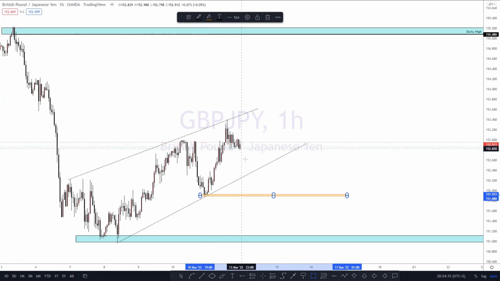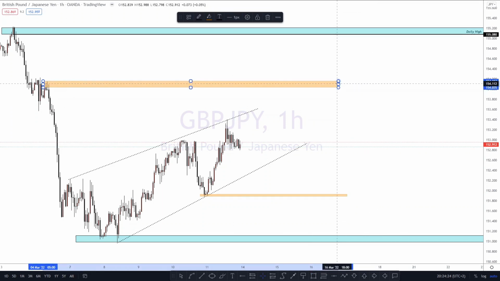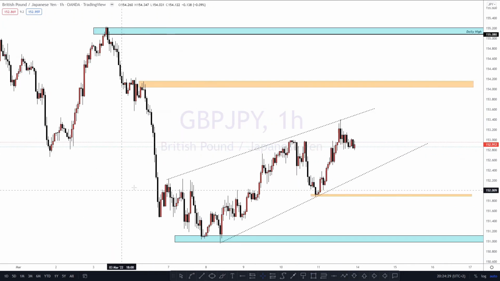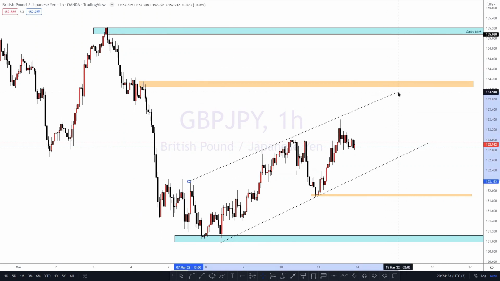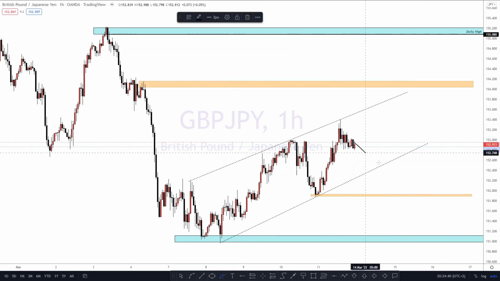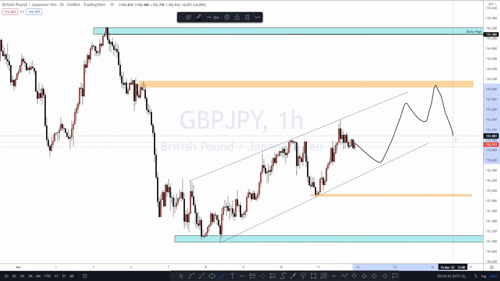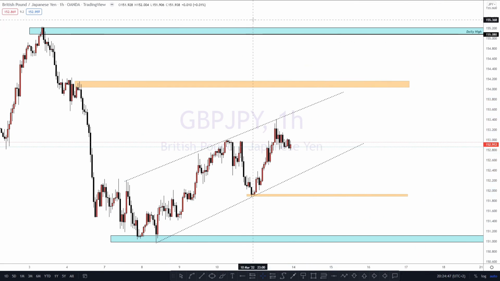So what is it that I would love to see? I would love to see price. So this is also a 1 hour lower high. So I'm just having another level on a 1 hour. In fact, we could see price doing this. You could see price pushing to the upside, and then from there dropping to the downside. But we just have to wait and see.